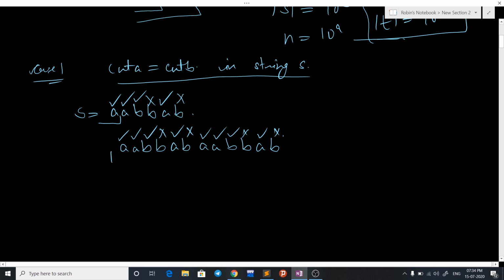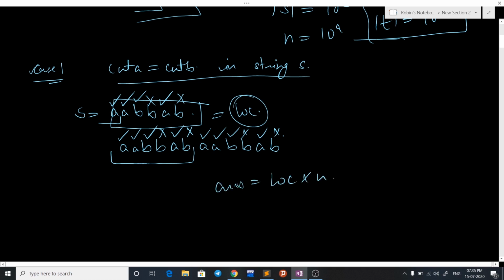So these all cancel out. Actually, count of a is equal to count of b, so it doesn't matter if we take another s and more s. It's just that if we can find the number of prefixes for a single s, then we'll just have to multiply the answer. Let's say here the answer is log, so our final answer will be log times n.